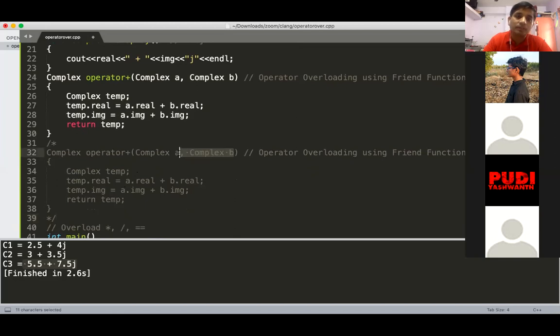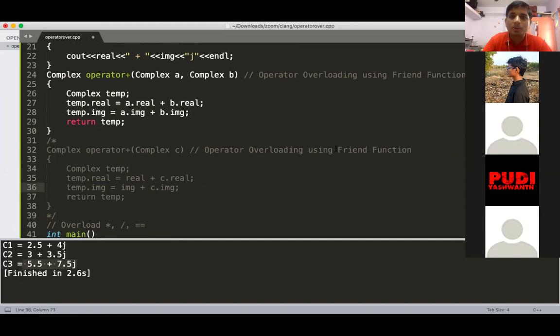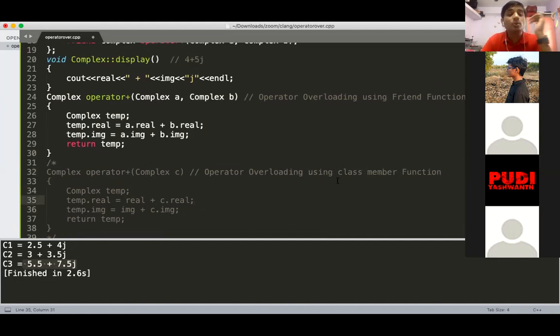Here it is real, it is imaginary, and here it is C and it is C. So this is the previous one, and it is operator overloading using class member function. Now there are two techniques for operator overloading, and you need to remember both.